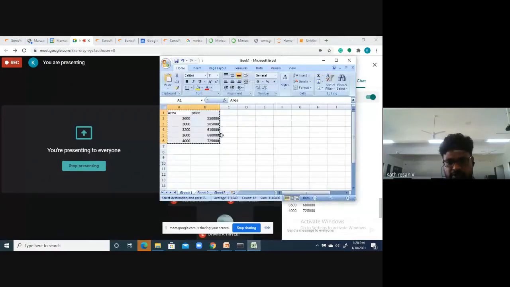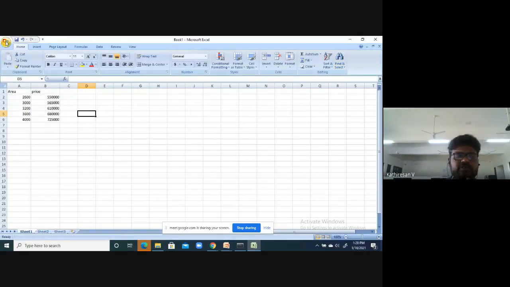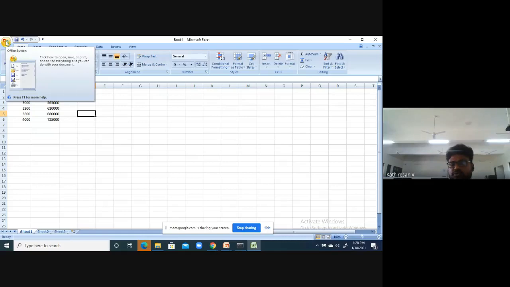What you need to do is save it as a CSV file. A CSV file is what we use as a data set for Python or R, Weka, whatever statistical or machine learning tool we are using; that can normally take a CSV file as an input.